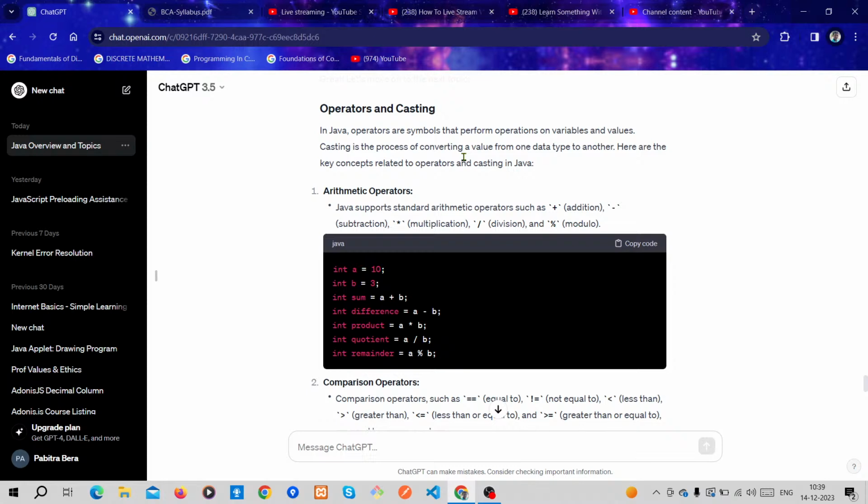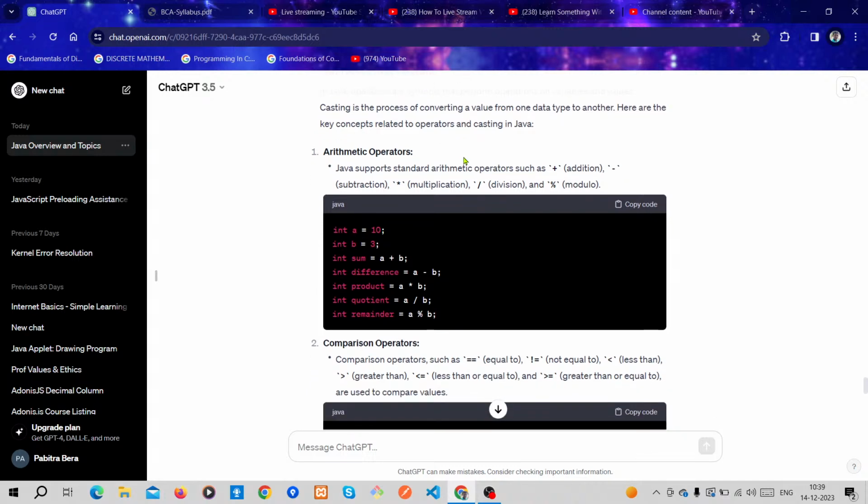Casting is the process of converting a value from one data type to another data type. Here are the key concepts related to operators and casting in Java.